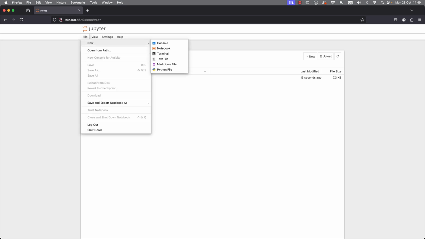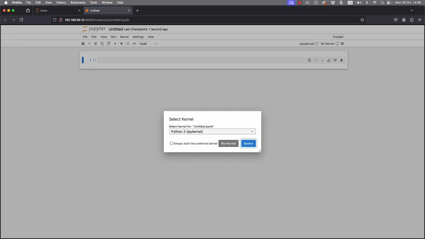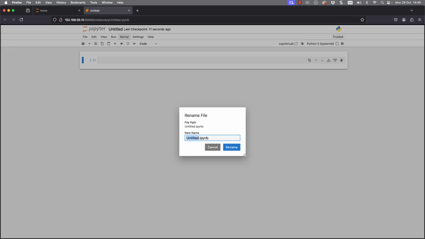I've already shown you how to set up Jupyter Notebook, so let's go through and create a new notebook: File, New, and Notebook. We can select the kernel, and I'm always going to select the preferred kernel, so let's just go through and set this up. And we can rename the untitled Jupyter Notebook to something more reasonable, so we can call it keywords. Jupyter Notebooks are more than adequate to help you run through your learning for your Python certified entry-level programmer. It's also relatively easy to run through, as you'll see in this demonstration.